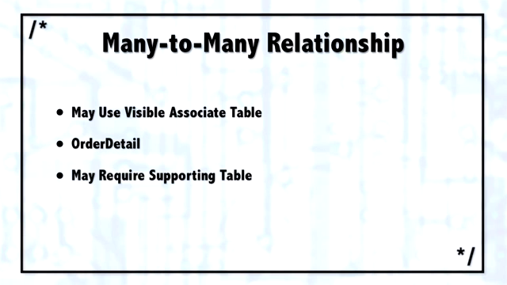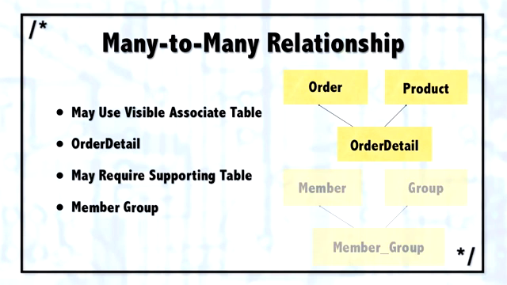Sometimes in a many-to-many relationship, that connection between the two is an obvious table that most users or most business people would understand. For example, between order and product, most people understand there has to be some kind of detail row there that connects an order with a product. However, sometimes that table as a supporting table is going to be difficult to be understood by the average business